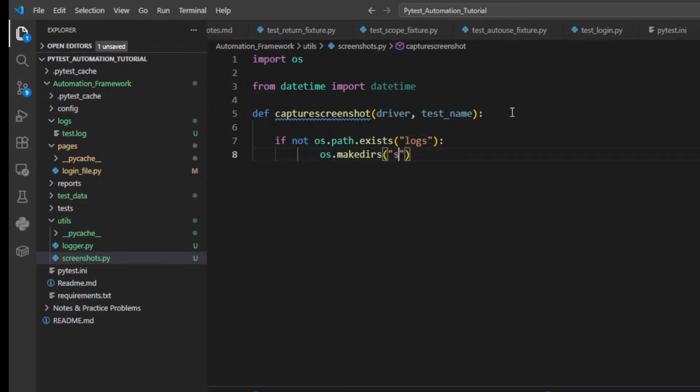Here we will change the folder name to screenshot. So it is going to check if screenshots exist or not. If it does not exist, then just create one. Timestamp is equal to,